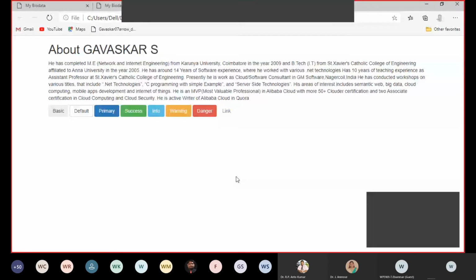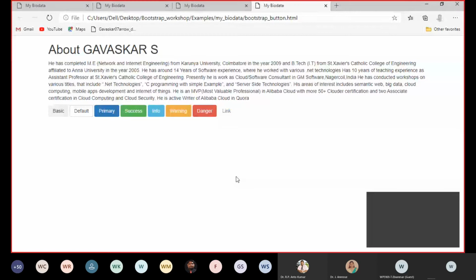Now you see, these are various buttons: success, info, warning, danger. All these buttons we can create. Normally we create a button in HTML by using input type equals submit. We are not going to replace the same coding, but you are going to add one more attribute, class equals success or class equals primary, like that. Some CSS attributes you are going to add. That's the thing. Now I will explain the code.